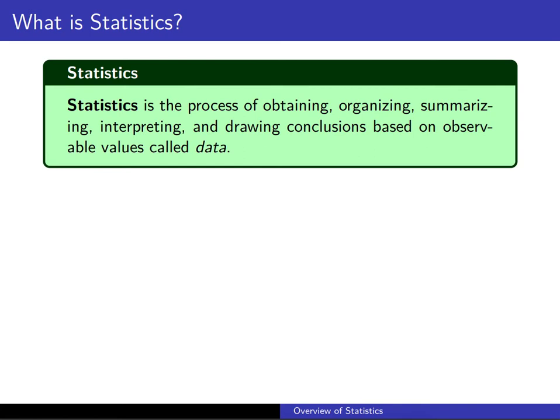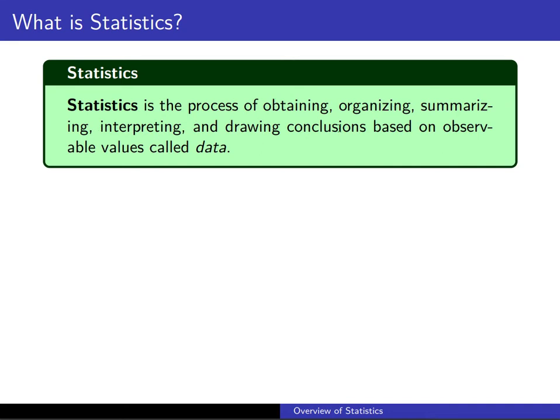So what exactly is statistics? What have you signed up for? What are you getting yourself into? Statistics, as a loose definition, is a process of obtaining, organizing, summarizing, interpreting, and drawing conclusions based on observable values called data. So statistics and statisticians gather information, they obtain the information, the data, they organize it, they summarize it,